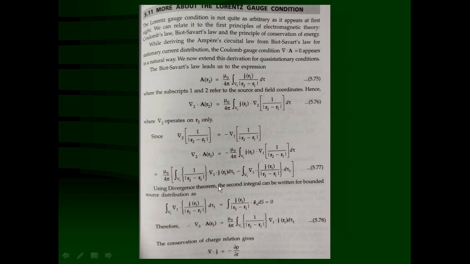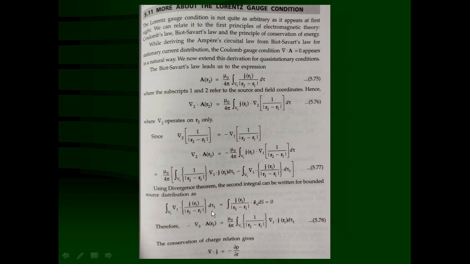So using the divergence theorem, the second integral can be written for a bounded source distribution. That means the current is flowing in the source loop and the surface of the source loop is the total surface. So the surface integration is converted. Using the divergence theorem, the volume integration of the divergence of del 1 dot g r1 upon |r2 minus